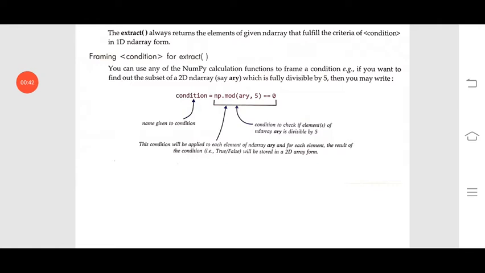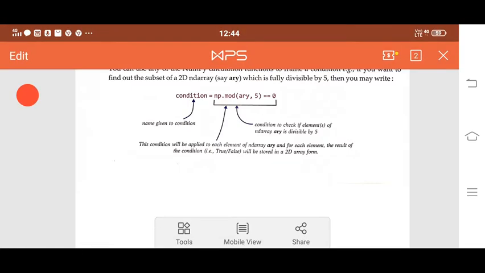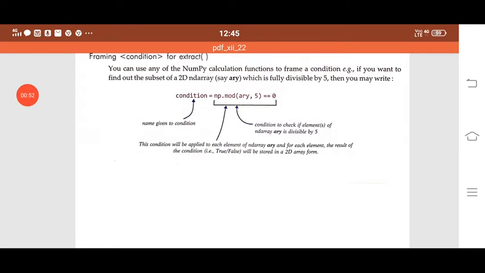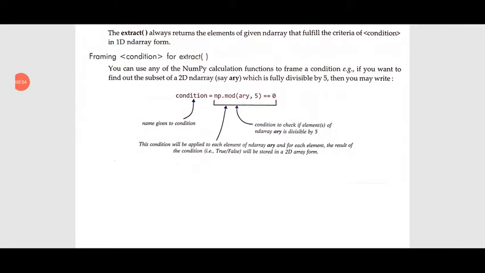So here in this example you can see cond1, or condition, is equal to np.mod(ary, 5) == 0. Double equal means it is equal to 0. So one condition is given, and the name given to the condition is condition; instead of that you can type any other name also.